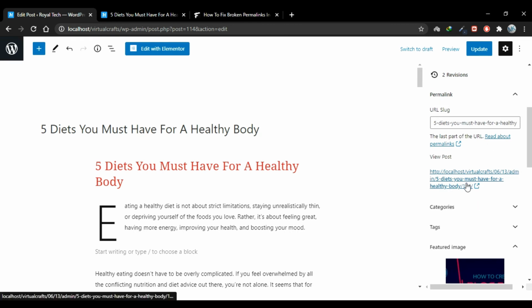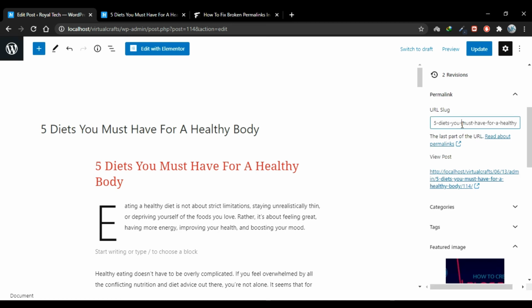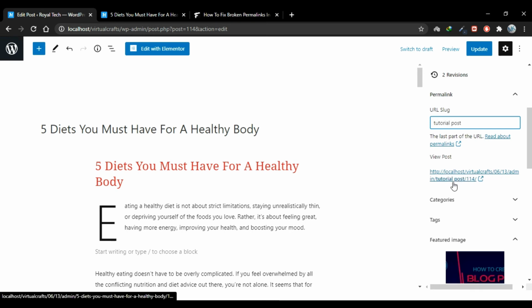And you can change this permalink by changing this URL slug. For example, now the URL slug is same as this post's title. Remove this URL slug and add your own slug here. For example, I'll add tutorial post, and you'll see that our permalink is changed accordingly. Click update,